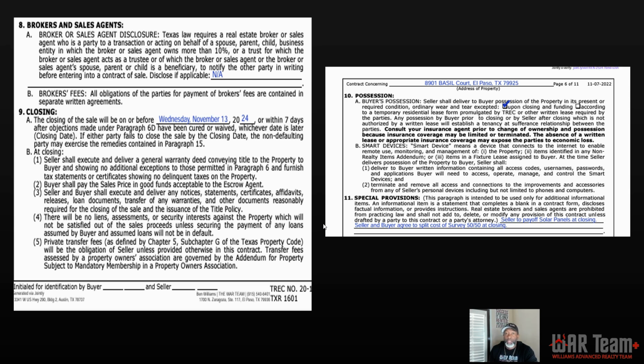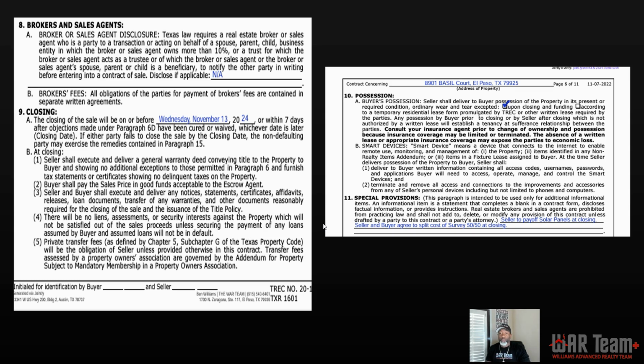So a buyer could take possession before the closing date, or a seller could do a temporary lease after the fact, and the buyer not take possession until that lease is done. So it can work several different ways.